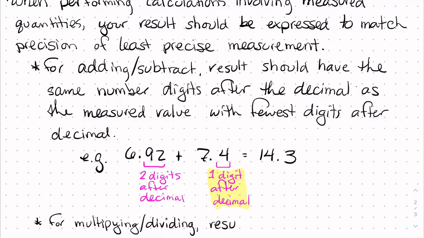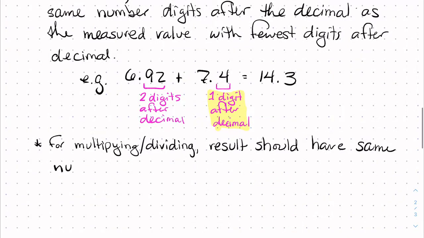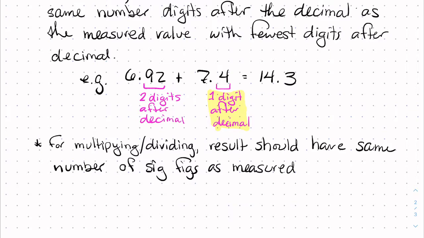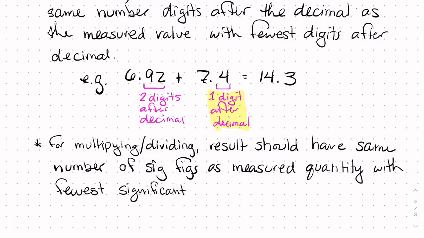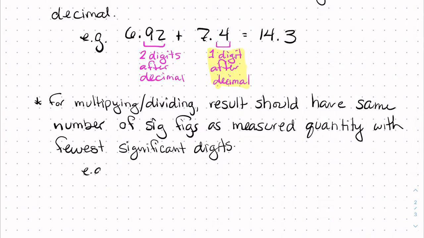Your result should have the same number of significant digits as the measured quantity with the fewest significant digits. So if we wanted to do 520 times 0.145,